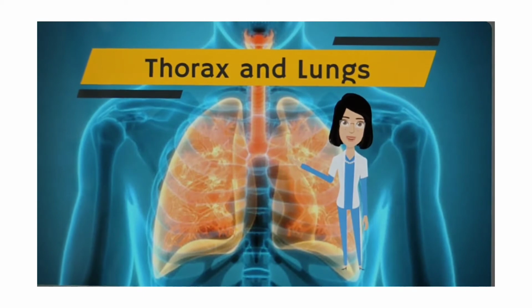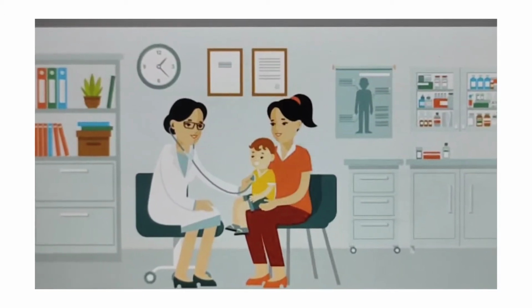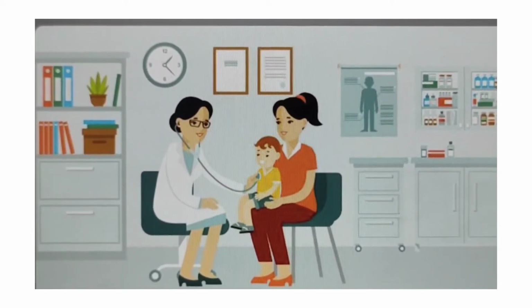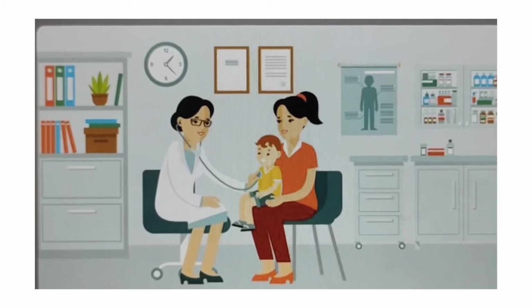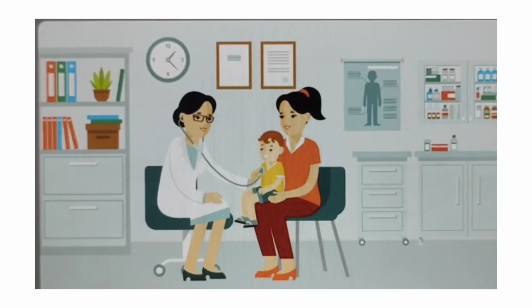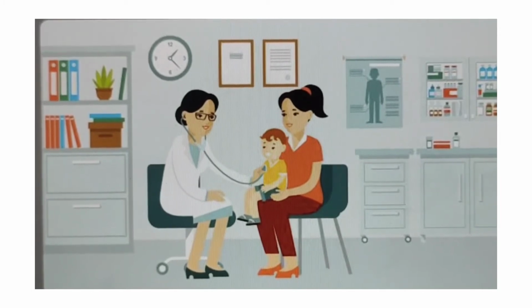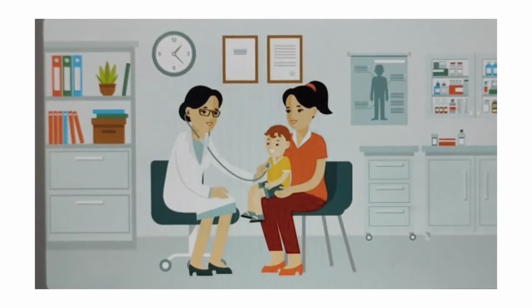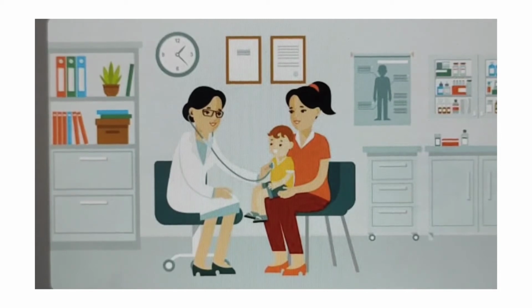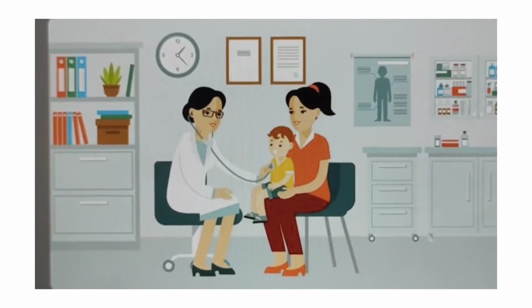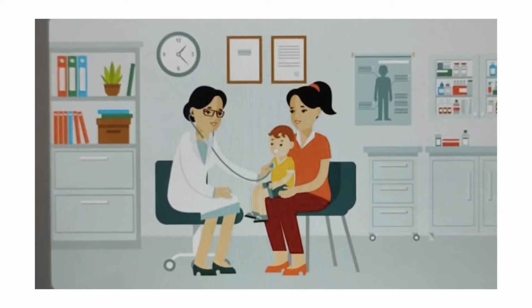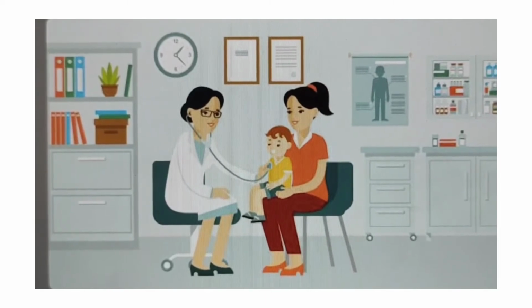Examination of thorax and lungs. In examination of the lungs, auscultation is usually easiest when a child barely notices. Carefully assess respiration and the pattern of breathing. An important tip is not to rush to the stethoscope but rather to first observe the child, carefully assessing the relative proportion of time spent on inspiration versus expiration.